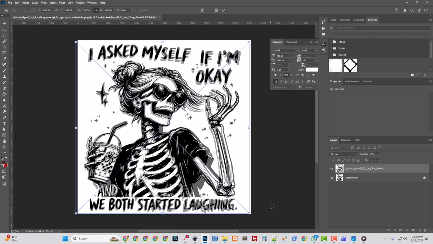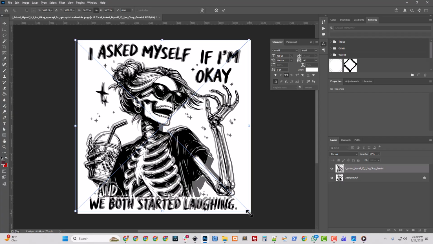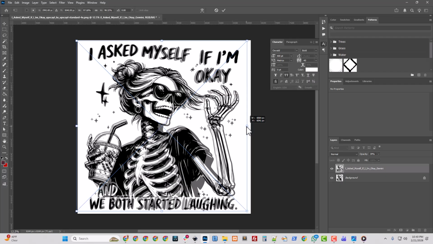I do think that the Gemini image has better text, so I'm just going to focus on the text position and make sure it's not going to interfere with anything. I'm just going to try to save the Gemini text, and I might actually squish it. So I will hold shift and squish it in.